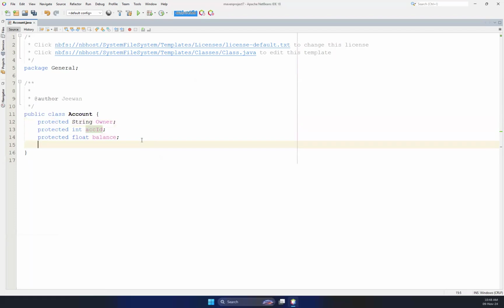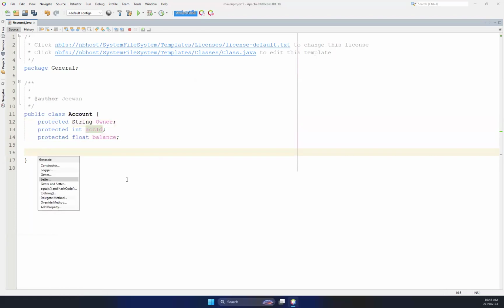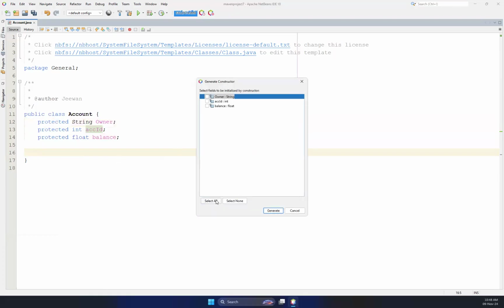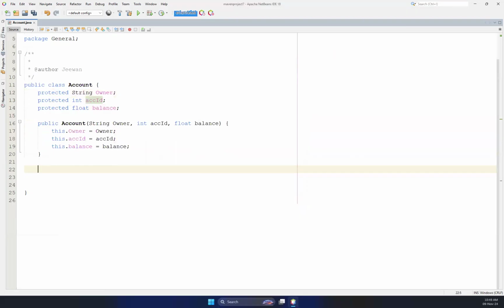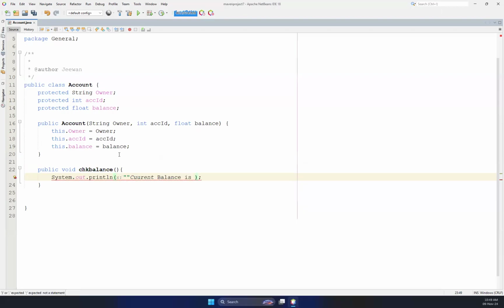Then we need to have the constructor. Now I had some methods declared. What were the methods? Check balance. Let's make it public void, current balance. Balance is